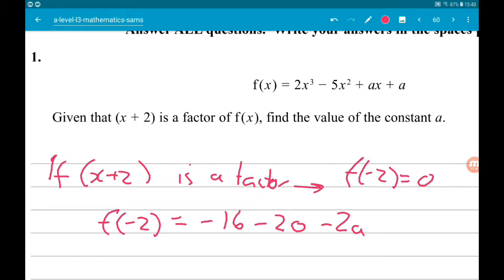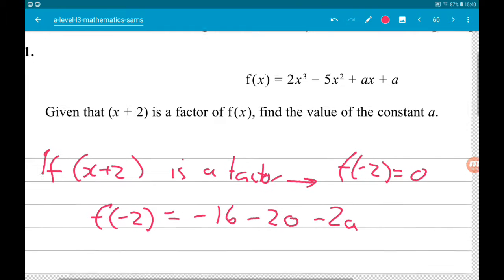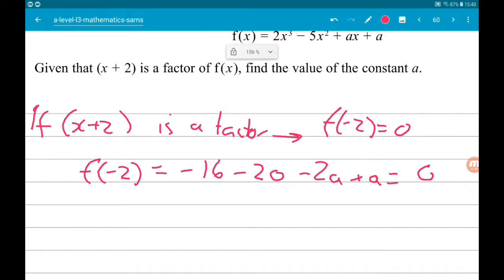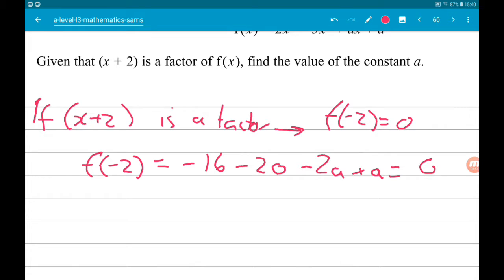And then we have plus a at the end. Now that is all equal to 0. Now minus 16 minus 20 is minus 36. And then we have minus 2a, add a, so that's minus a, which is equal to 0, and therefore a is equal to minus